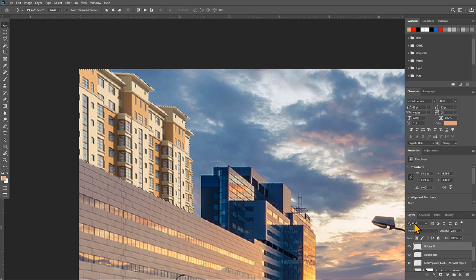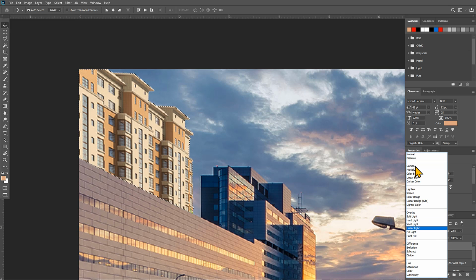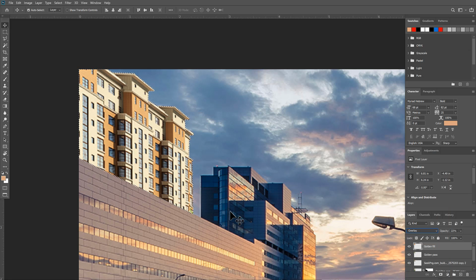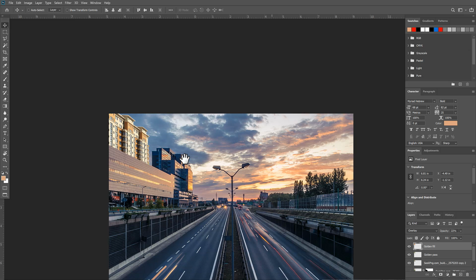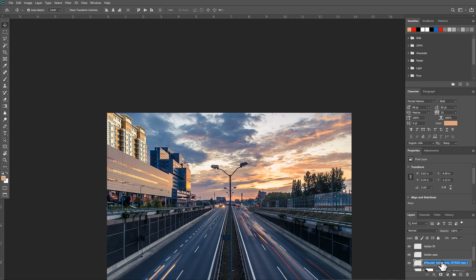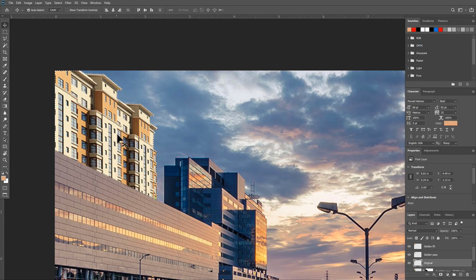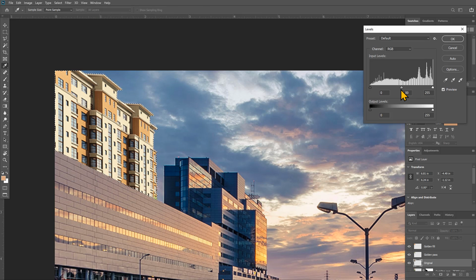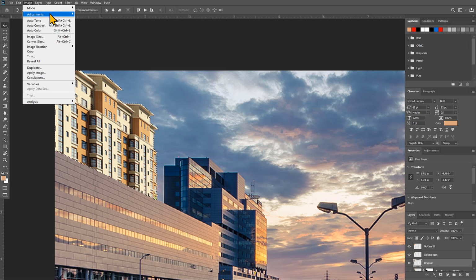so this looks good. I could also try and use some blending modes. So you could just go and see whatever result that it's going to give you. I like to add some contrast to kind of match the effect that I'm getting from this building on the left. Also, I'm going to go here and name this original. I'm going to go to the original and go back into the levels again and see, is there anything that I can do to make it blend better? If I go into the curves,